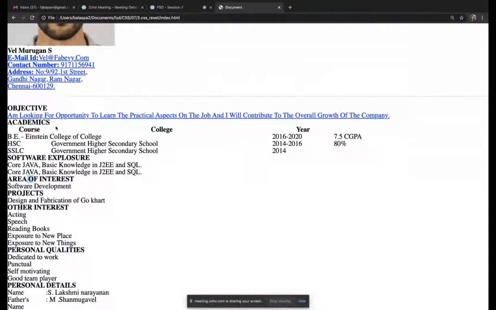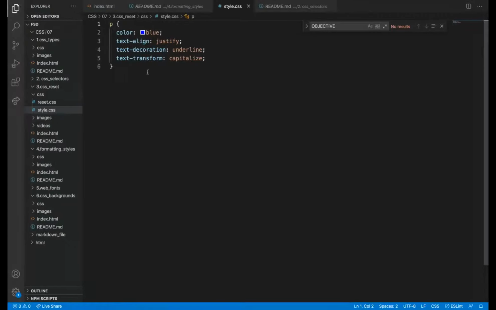Because the first letters are already capital, it won't change the other letters to lowercase. It will just change the first letter to capital. So here, see, previously A, L and F were in lowercase. Now it changed them to uppercase. So text transform changes the case of the text.